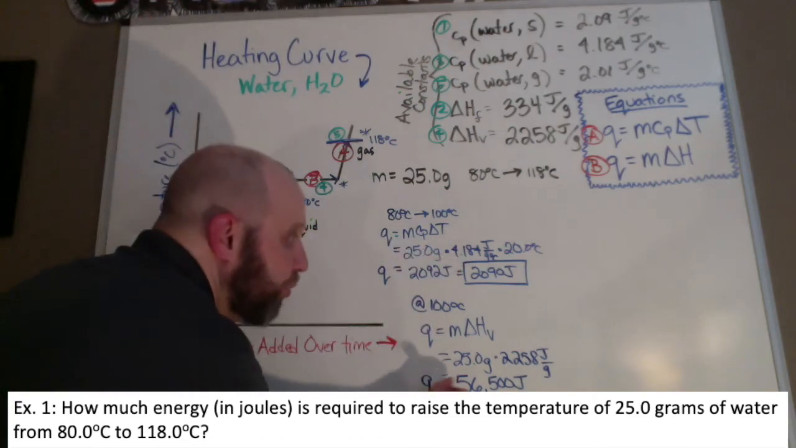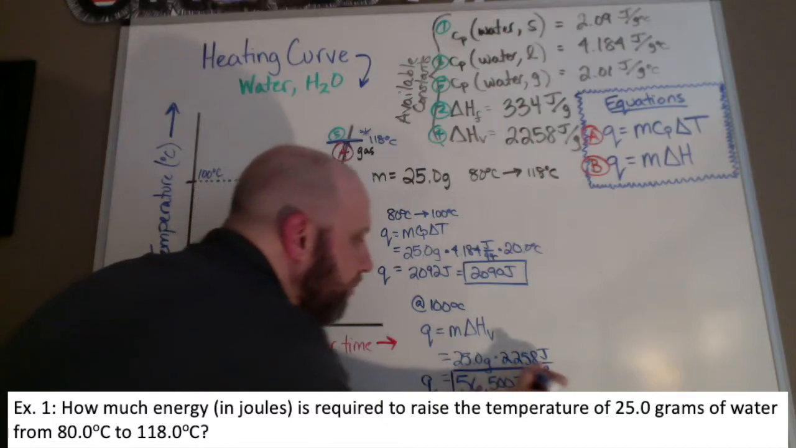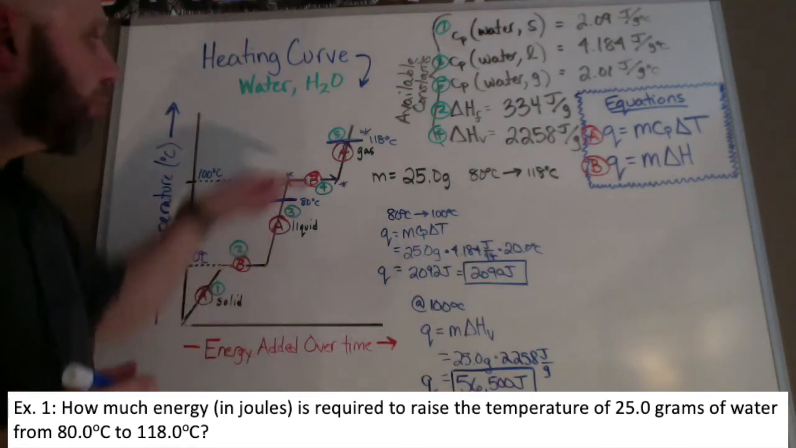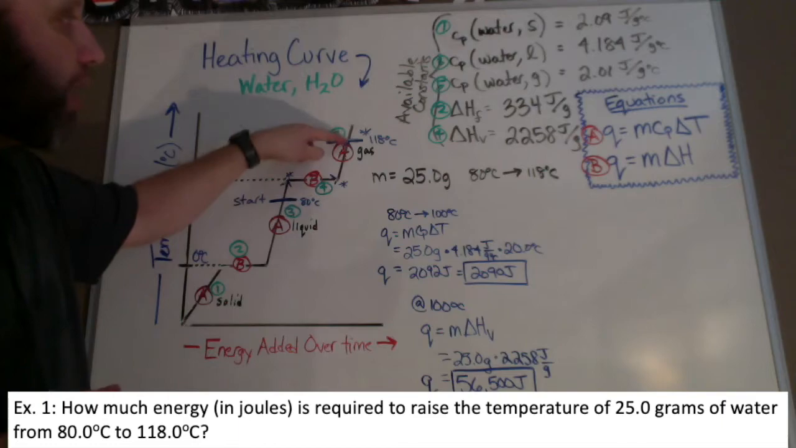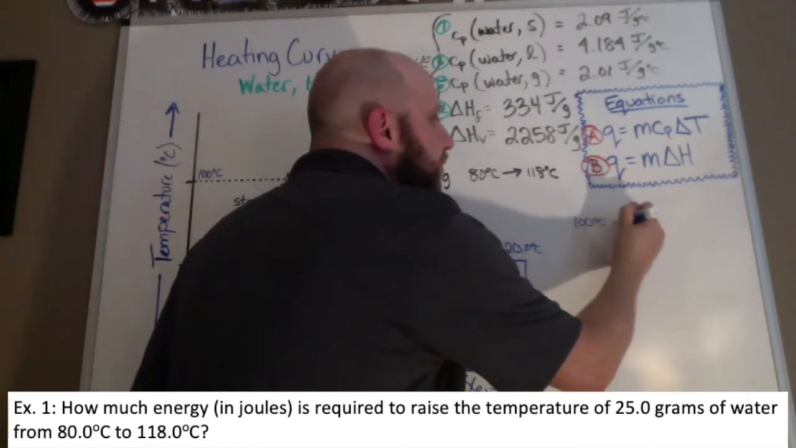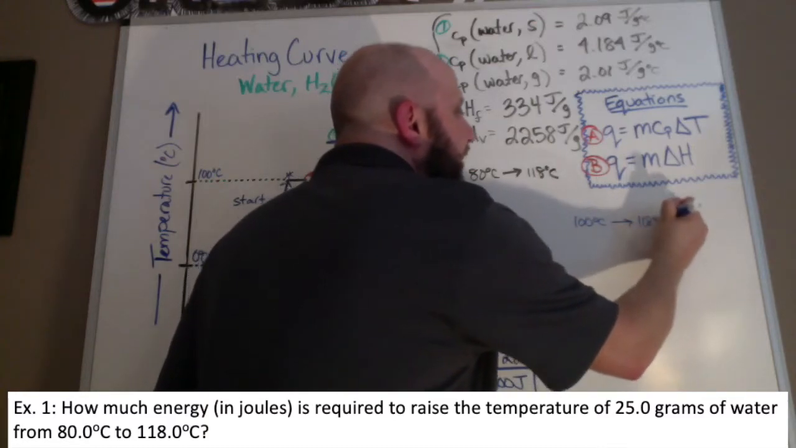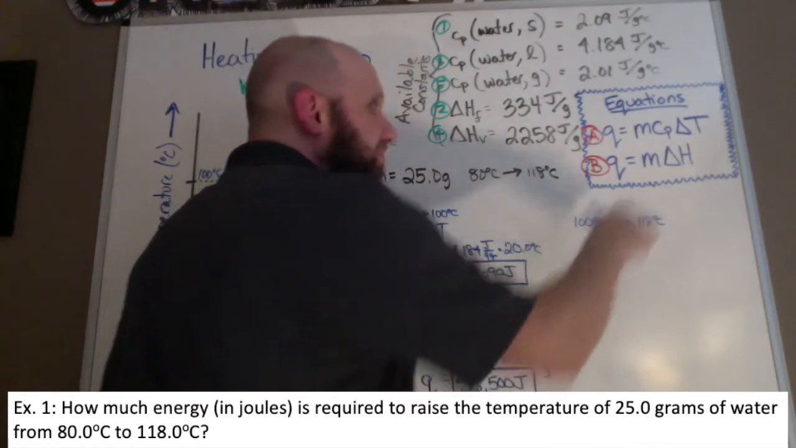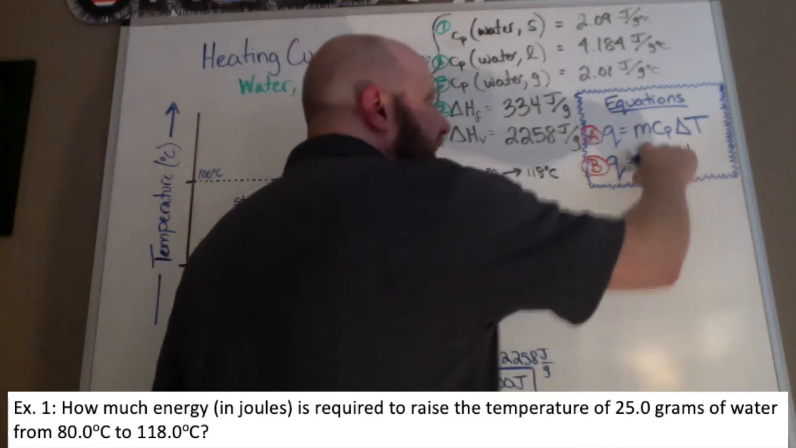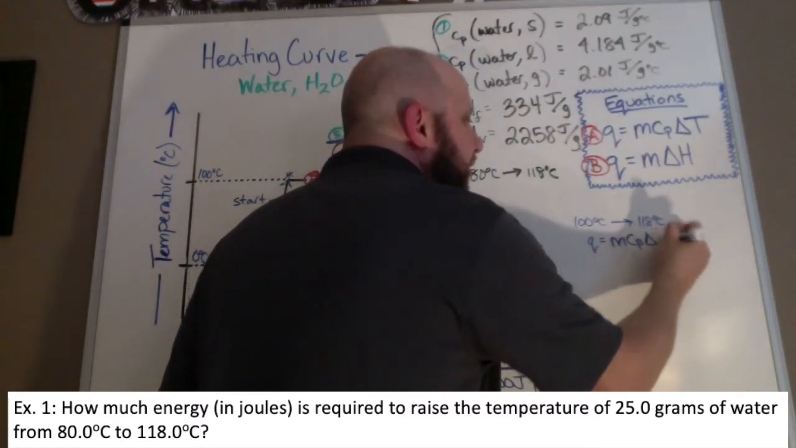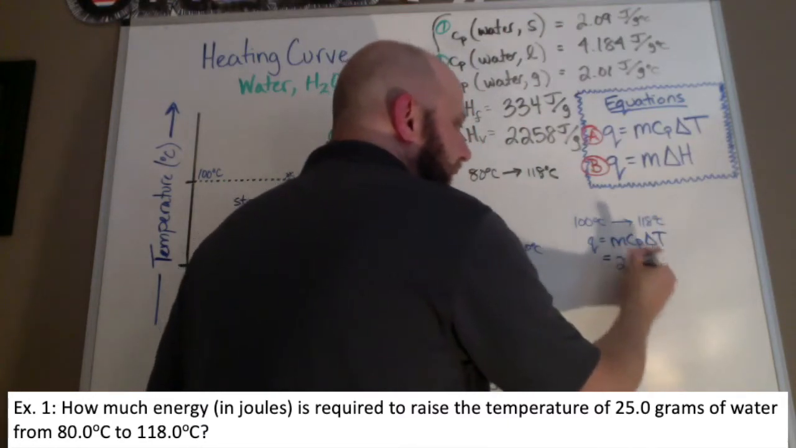So I have a Q value here, and I'm going to put a box around that one. The last part of this problem, and I'll do that over here, is going from 100 degrees Celsius up to 118 degrees Celsius. Q is equal to, because temperature is changing again, I'm going to use this equation, mCp delta T. My mass doesn't change,